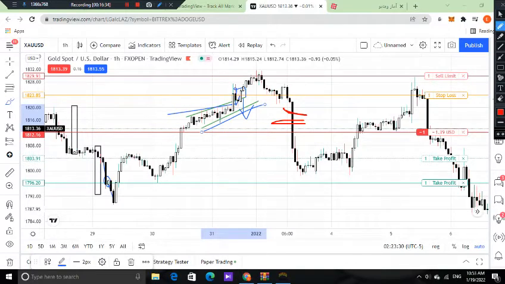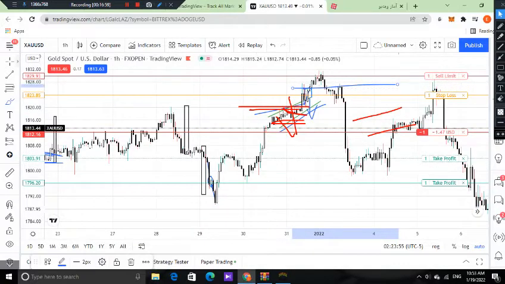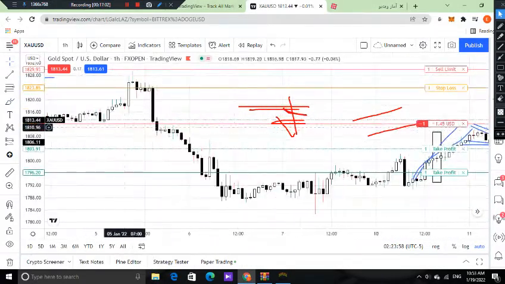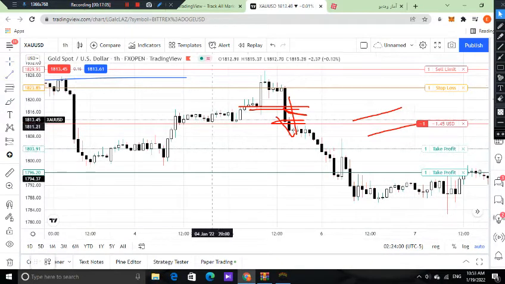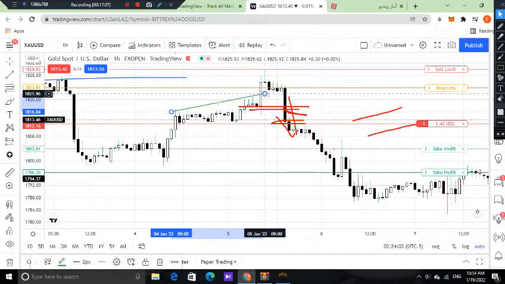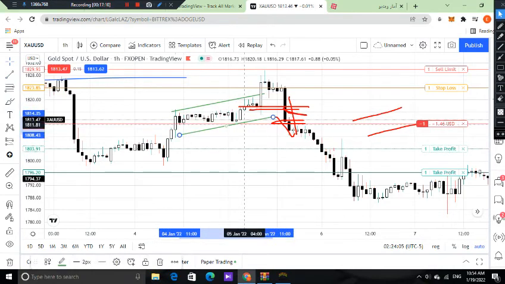you have to be cautious and careful, because you have to expect something like this, a bullish channel or a wedge. When you have a bull breakout above that, sooner or later you have to expect to see a bearish movement, and it did happen here again. It's a bullish wedge